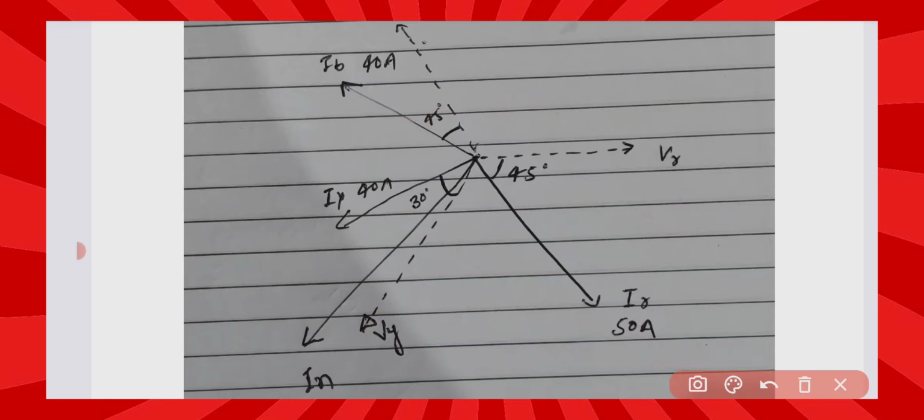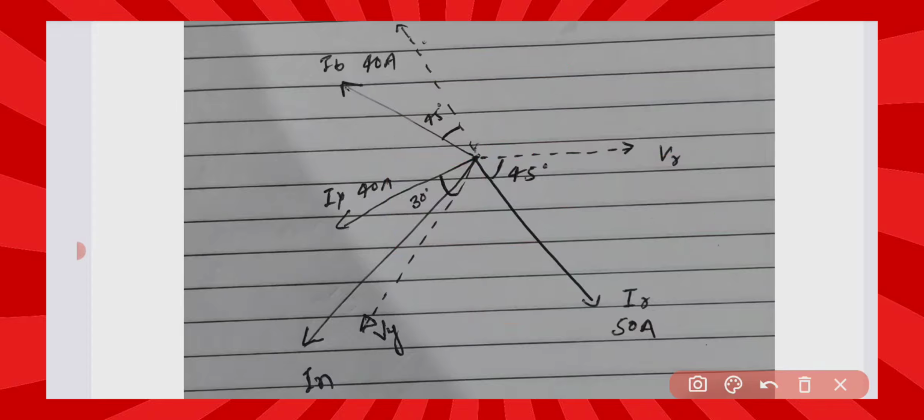So this is given. Now we will draw the x-axis and y-axis and take this side positive. Already we know this side is positive, this is negative. Now we have already read the theorem: in a 3-phase 4-wire star system, the phase voltages are 120 degree apart. So this is VB. This angle is 120 degree and this angle is 120 degree. Similarly, this angle is 120 degree.